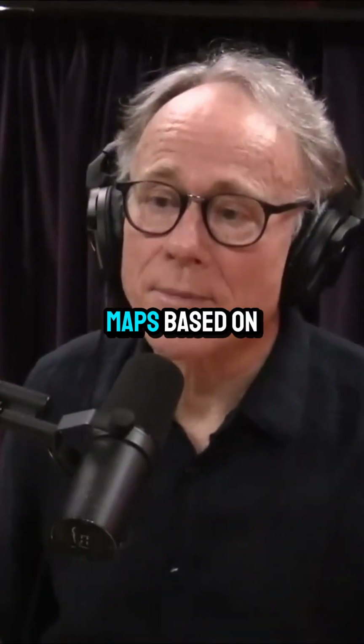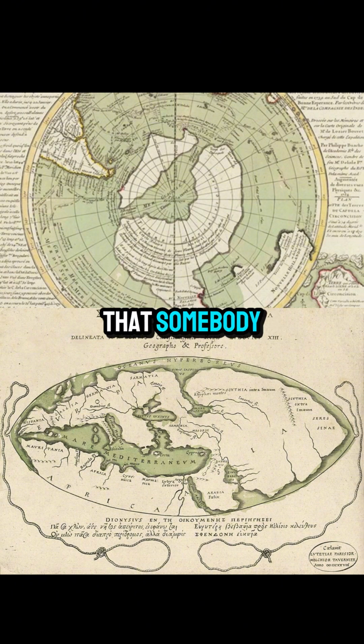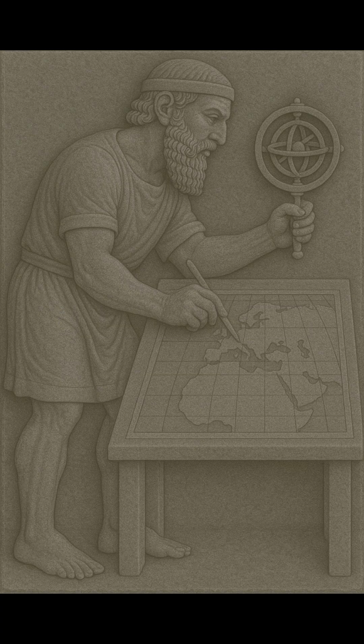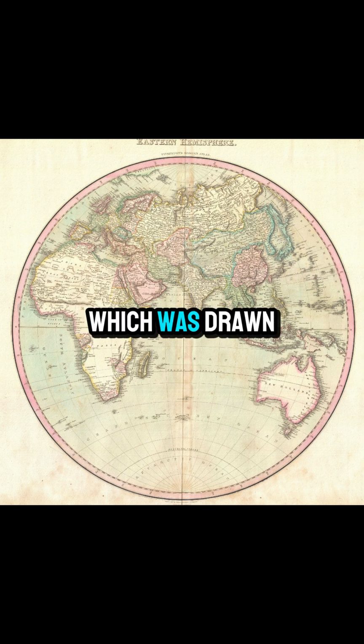Its presence in maps based on much older source maps that actually show the world as it looks during the last ice age, suggests that somebody during the last ice age was mapping the world and had mastered the technique of calculating longitude. Classic example of these maps is what's called the Pinkerton World Map, which was drawn in the